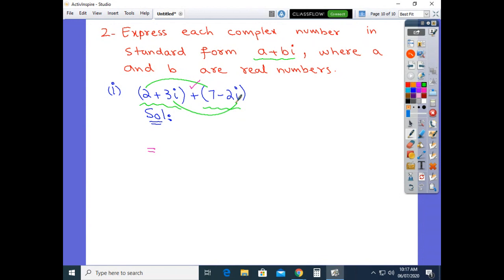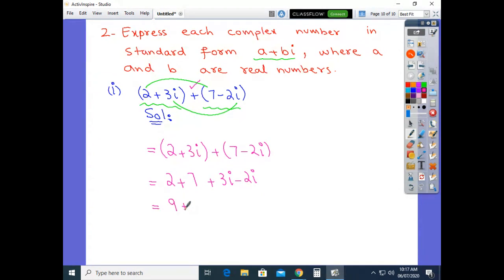That is, we add real part with the real part and imaginary part with the imaginary part. Here, how do we add? We have 2 plus 3 iota added to 7 minus 2 iota. After we add real part with real part, 2 plus 7, and imaginary part with imaginary part,